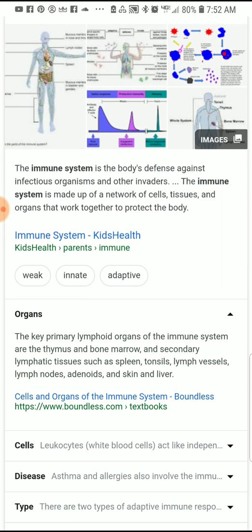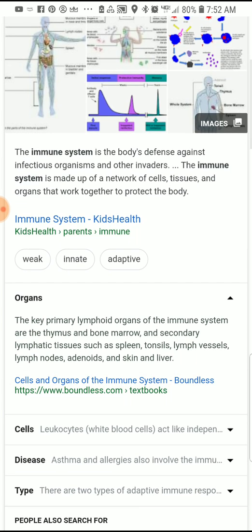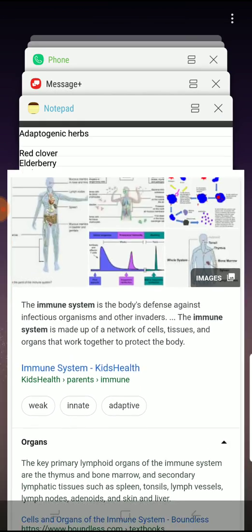Yeah, talking about the primary organs, the thymus gland and the bone marrow. So those are two very important things. As far as the thymus gland, there are not a whole lot of herbs that really deal with the thymus, but through detoxing and stuff like that, the thymus gland can strengthen. All right. And as far as dealing with the bone marrow, there are various herbs for that, but one main